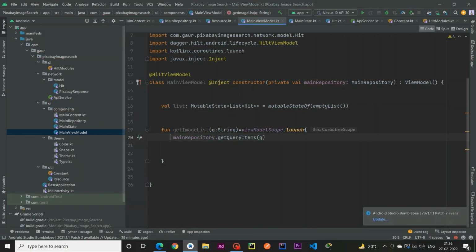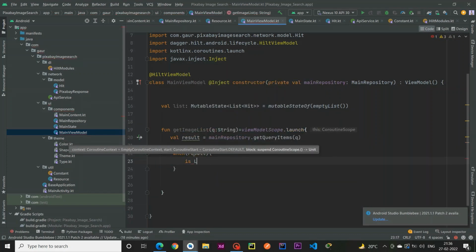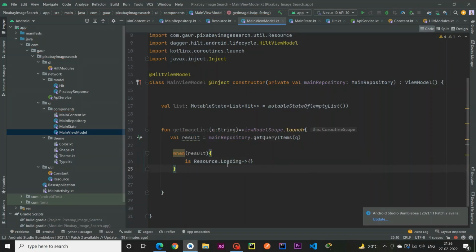Now this will give me a result, so call this result. Alright, so now check the result. So when our result is loading, error, or success, we have to perform a different kind of operation. So the first one is